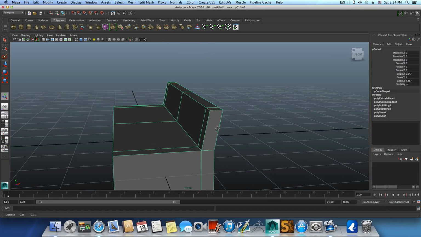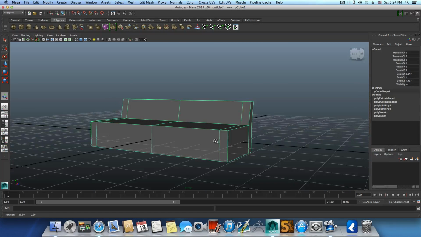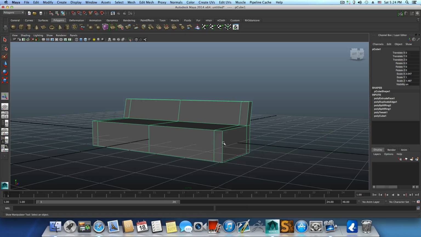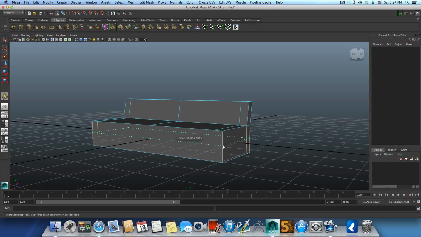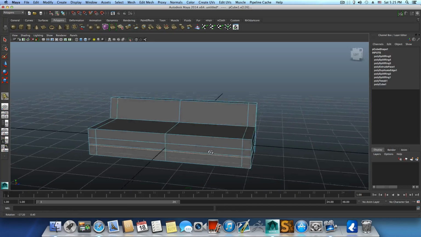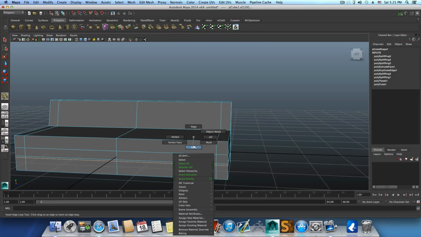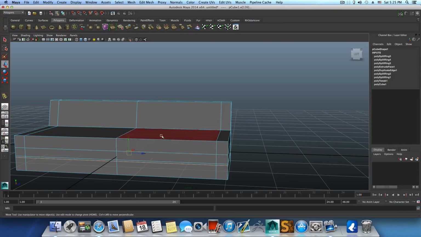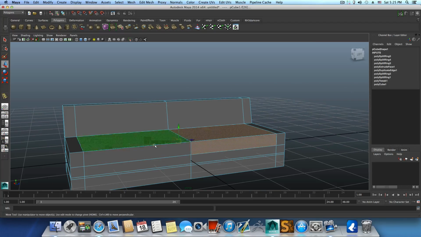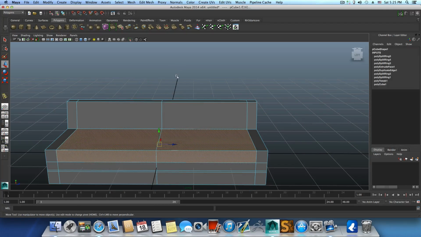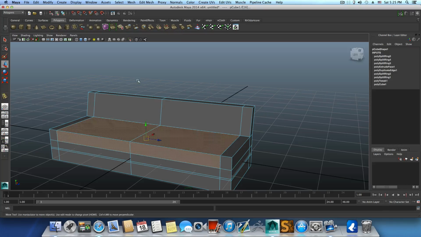Then we will add two more edge loops. So hold down Shift, right click, Insert Edge Loop, and add one edge loop somewhere here, then two more edge loops here and here. Okay, now right click, choose Face, we want to grab those two faces, and we want to click on Extrude once, and then